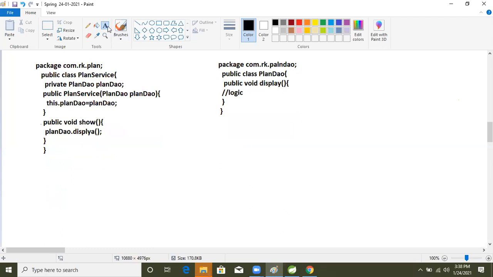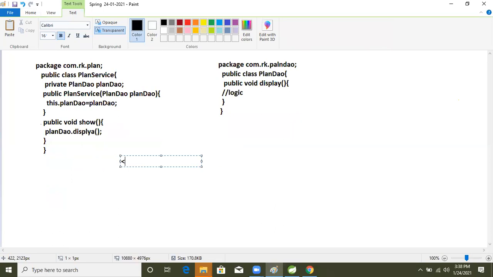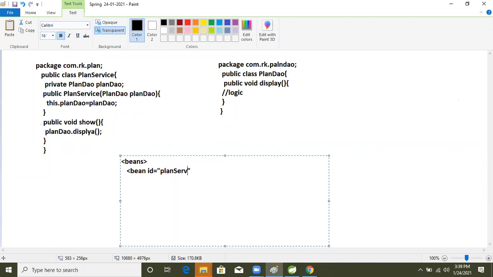So now let's see how we will write. Beans tag is there, and inside the beans tag, how will we configure that? Bean id equals, what is that? planService.